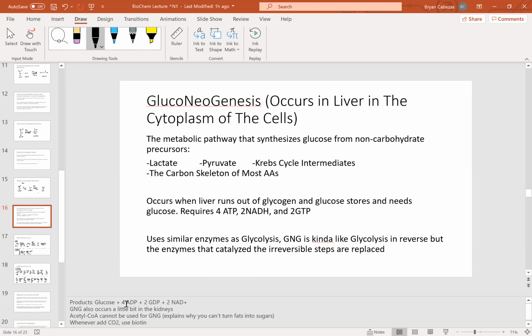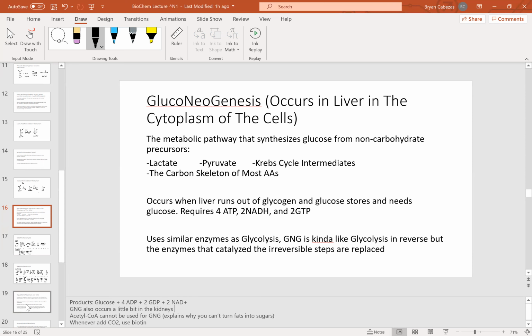Okay, the next thing to note: if you're going to be using these to get gluconeogenesis started and completed, you're going to be producing these at the end, right? Removing a phosphate from your ATP, making ADP, removing the hydrogens and oxidizing your NADH back into NAD+, and removing a phosphate from your GTP to make GDP.